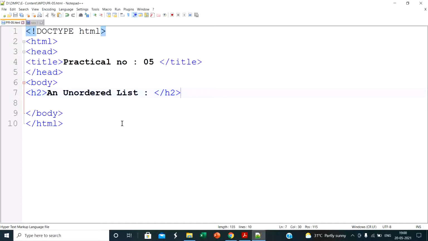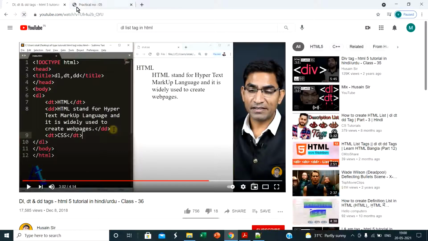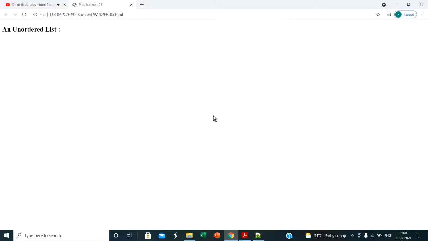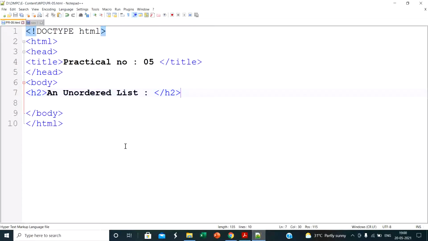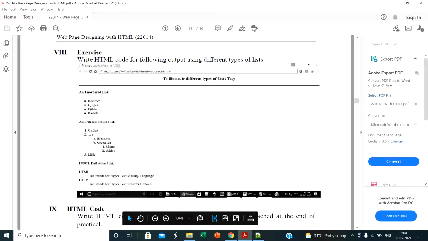Then next, save this file. So our title is here, an unordered list. Then next, here we want to display 4 items: beetroot, ginger, potato and radish. For that first we create the unordered list.